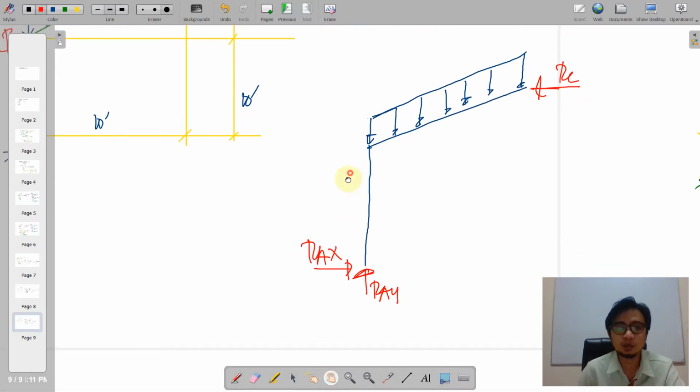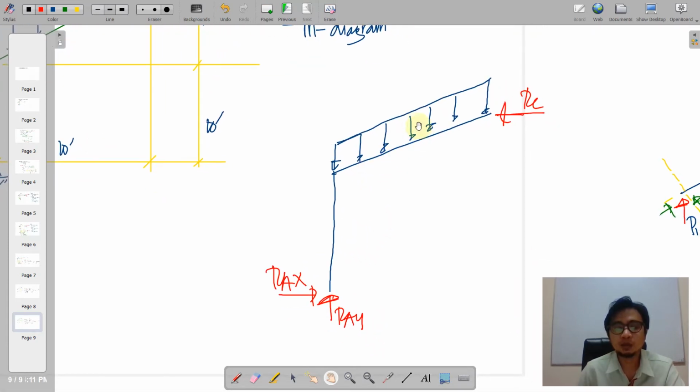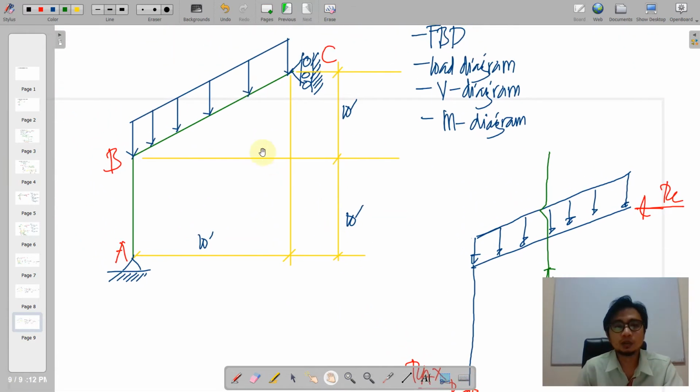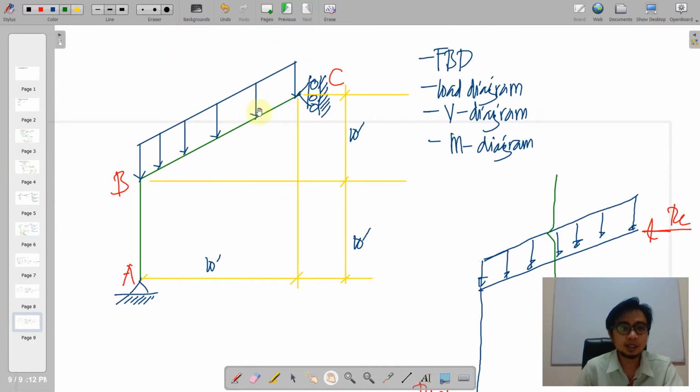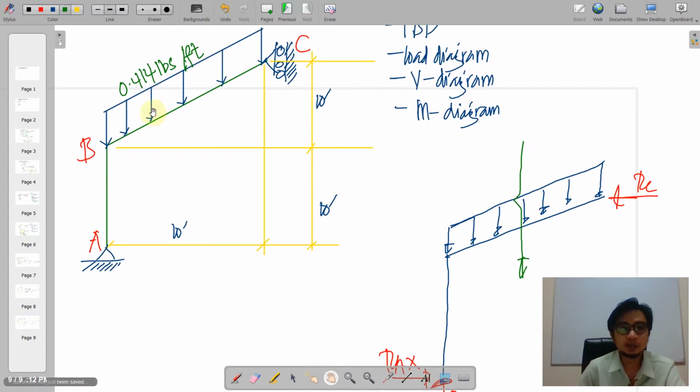Of course, we need to complete our reaction here. So doing that, we need to resolve first this distributed load into its mother force. So this mother force is, of course, we need to refer to this. I think we need to place a value here. Say we have 0.414 pounds per foot loading. So next, we resolve this one. So we have